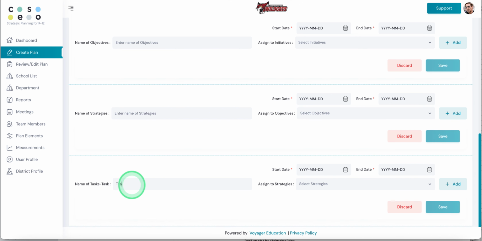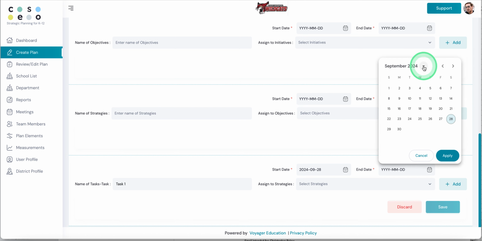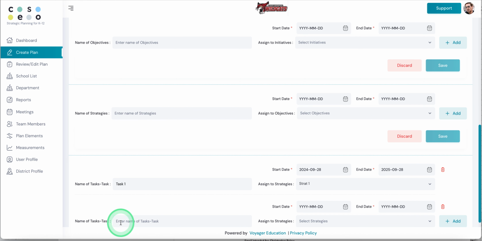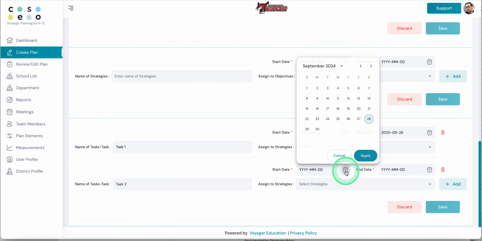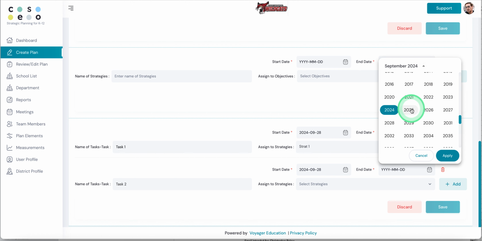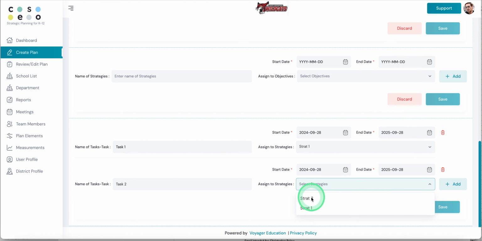And these are tasks or activities, and we'll just call this task 1, date range, and you should all be getting very familiar with this simple process. We'll assign this to strategy 1. We'll add a second task, task 2, dates, and we'll assign that to strategy 2. Now, when you save,